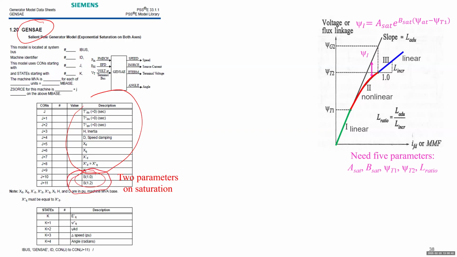So in the table, the last 2 parameters are about saturation. Okay, so instead of using 5 parameters, this model only needs 2 parameters. So how can that happen? I'm going to let you know how you can generate an equivalent model of the one we talked about using the 5 parameters. So if you go to the manual of this model, which actually came from another textbook,